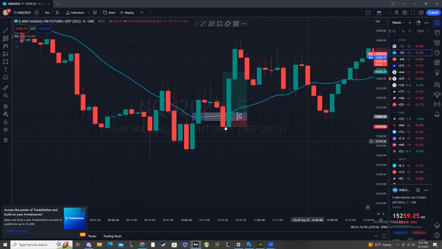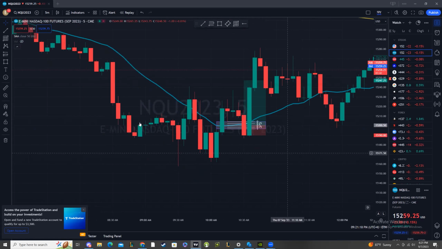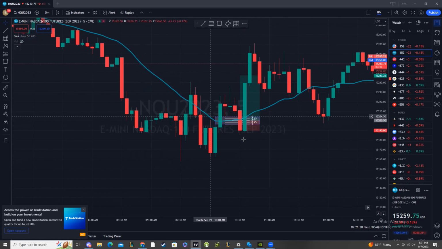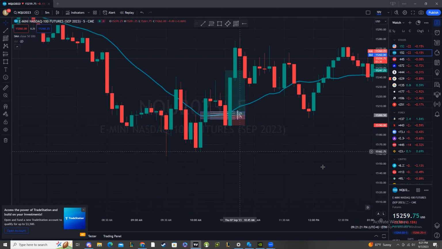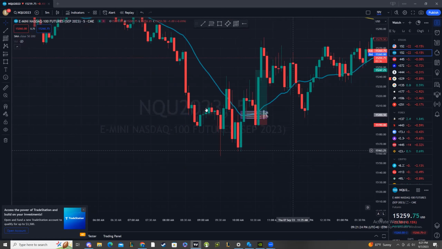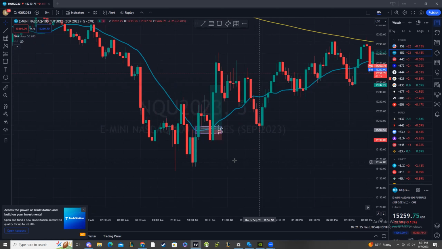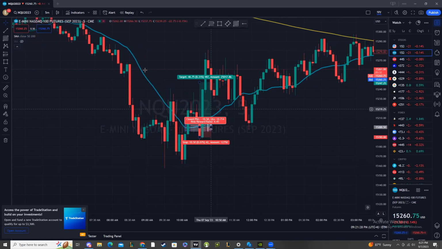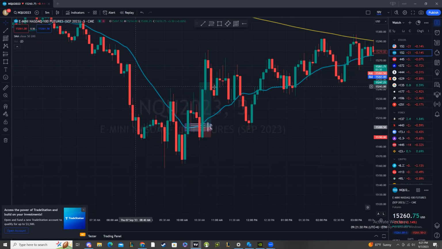The reason I was really confident about this trade was because we had a lot of consolidation here. I did expect this to go back up, but I was also expecting it to come back down. I wanted it to play the quick scalp going upwards, grabbing the fair value gap from here and then coming back down. Once I dropped to the 1 minute,